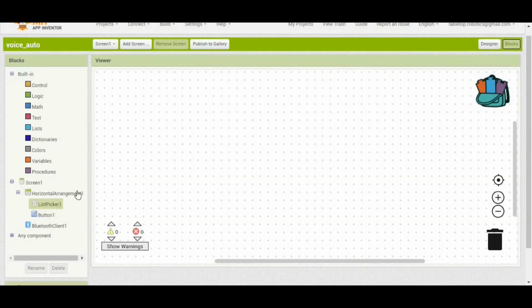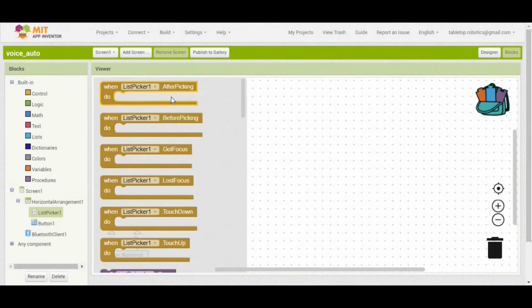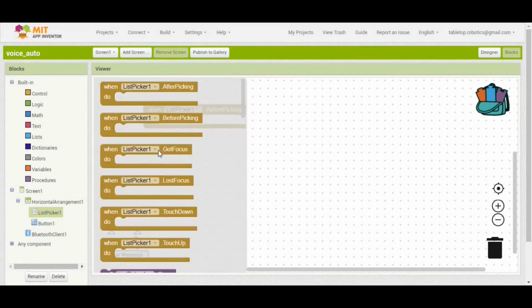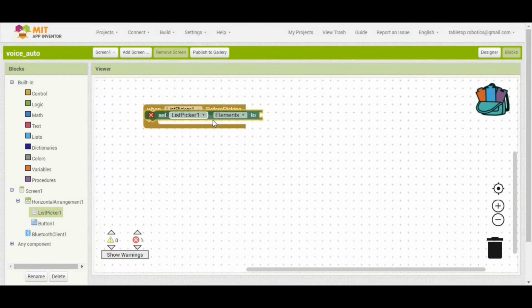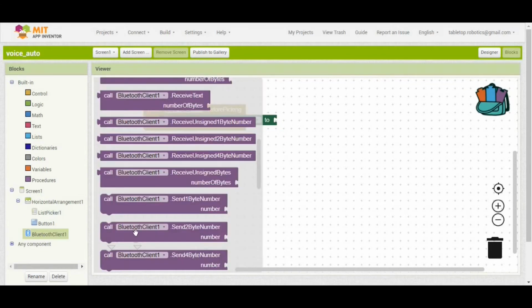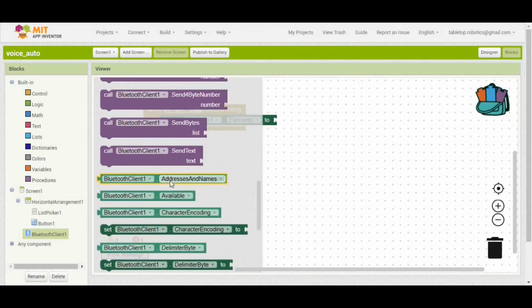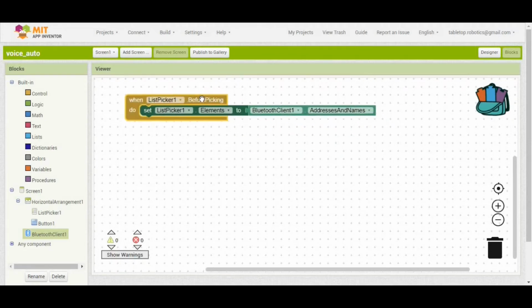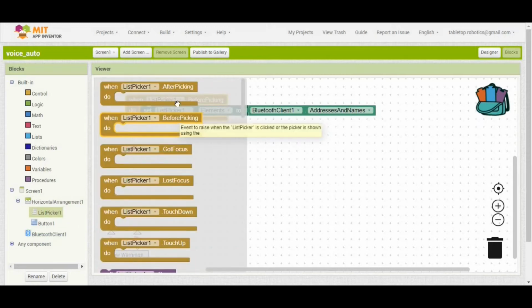So when list picker 1 is selected, so before picking, we want to set the list picker 1 elements to the Bluetooth client's names and addresses, which is here. So what this does is it shows you a list of all Bluetooth available devices that your device is currently paired with. And after something has been picked,